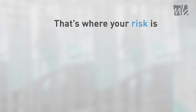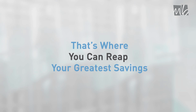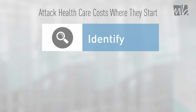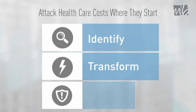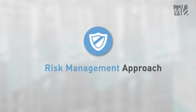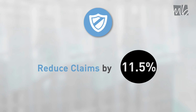That's where your risk is. That's where your greatest costs originate. And that's where you can reap the greatest savings. To attack healthcare costs where they start takes a 3-pronged approach. 1. Identify your at-risk employees. 2. Transform that risk with a targeted plan of action. 3. Hold employees accountable. This is the basis for our risk management approach, which can reduce your claims costs by